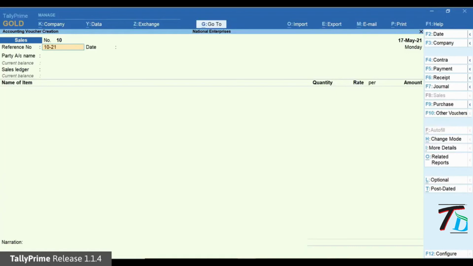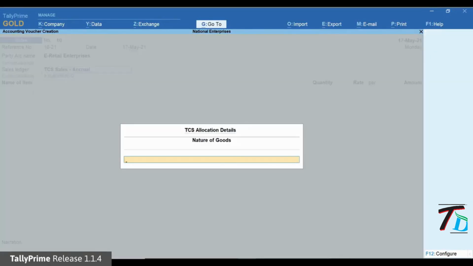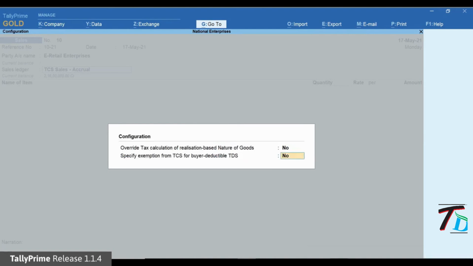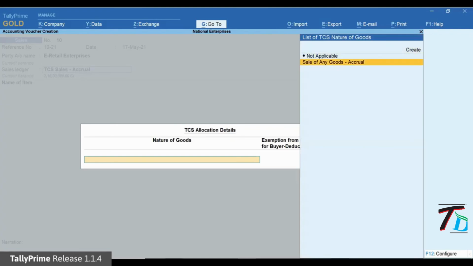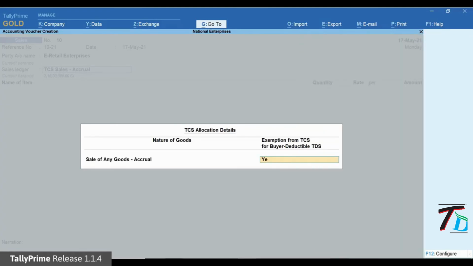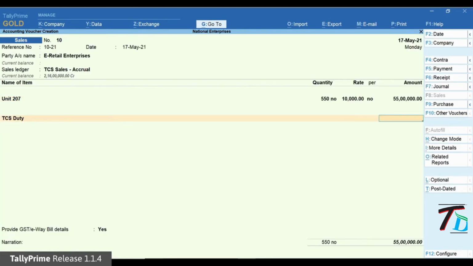To support this, while recording an invoice, you can override tax calculation by enabling the F12 configuration option, specify exemption from TCS for buyer deductible TDS in TCS allocation screen. You can set the column exemption from TCS for buyer deductible TDS to Yes to avoid calculating TCS.